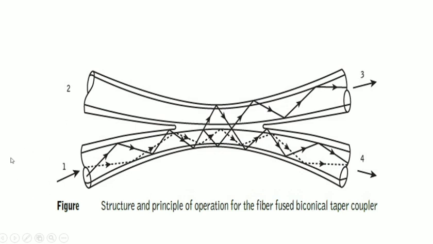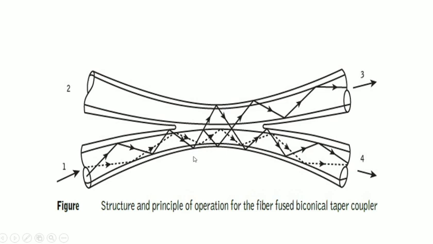So higher order modes leave the fiber core. Why is it leaving the fiber core? Because it is a higher order mode. Since the fibers are twisted together, the size will be very small here. In this part, the size will be very small. That's why higher order modes will leave the main fiber and go to the other fiber. These modes are then called guided as cladding modes. Higher order modes which leave the main fiber are considered guided as cladding modes.